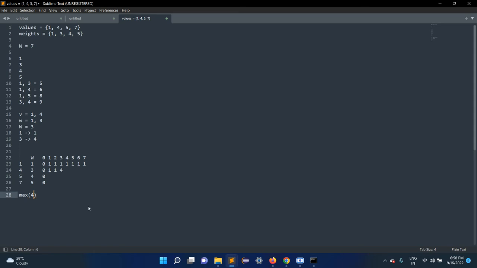Value of 3 is 4 in our case, plus, so here you have to print, right? As of now I'll write x here. What should be the value of x? It will be the original value of 3 plus, as you want total weight 3,